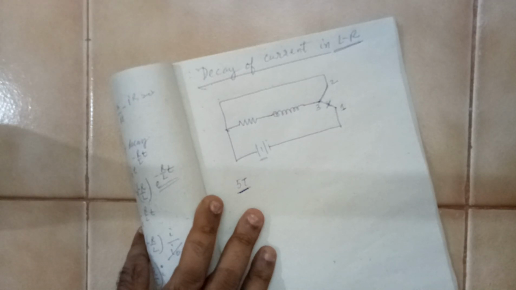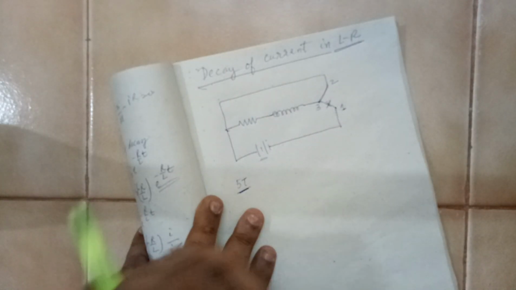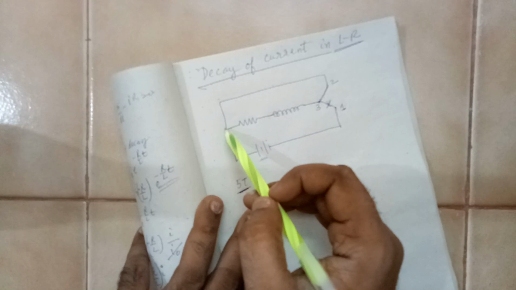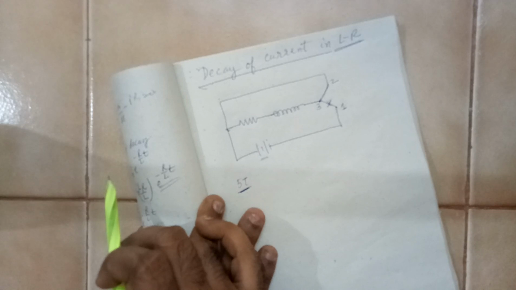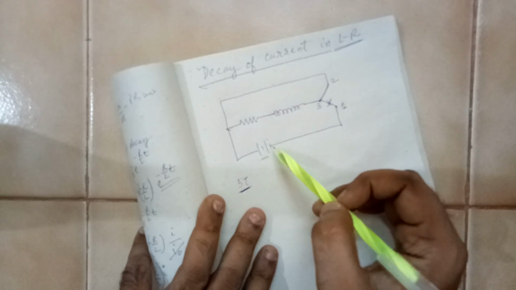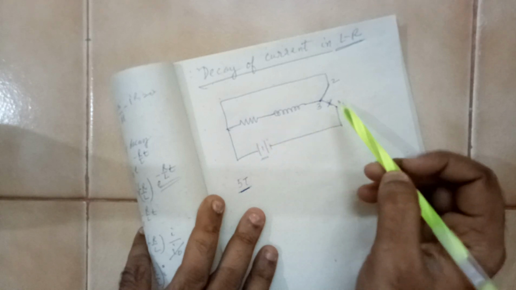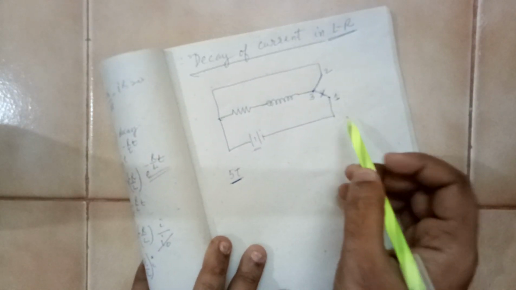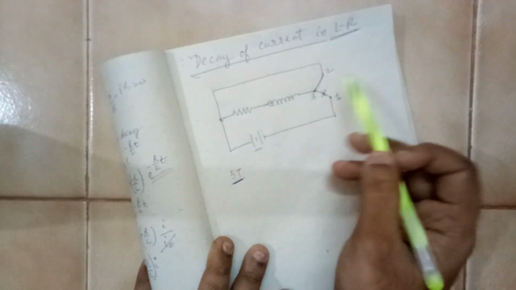What will happen? The current will lose itself. That process is called decaying. Now in this upper circuit there is no battery, so the current whatever it had will decay over a period of time. We are trying to study that. The purpose of the battery is to give only the current. So how does this process happen? You can see this upper circuit and apply the law.